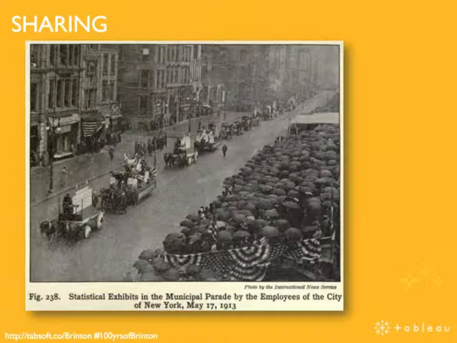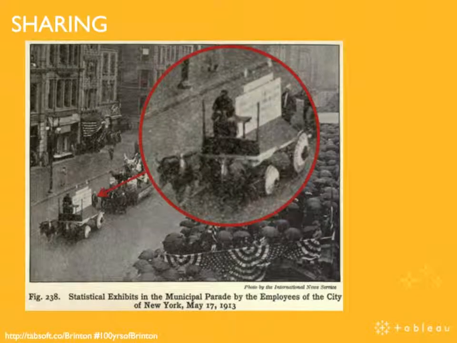If I talk first about sharing the data, what do we do now? Well, now we just publish something to the internet or publish something on our corporate server, and anybody with a logon can see, or access to the internet can see, the data. People wanted to share in 1914 too, but they had to do it in different ways. This is a photograph from the book of a municipal parade in New York. It looks like it's pouring down with rain, and yet people are still out there.